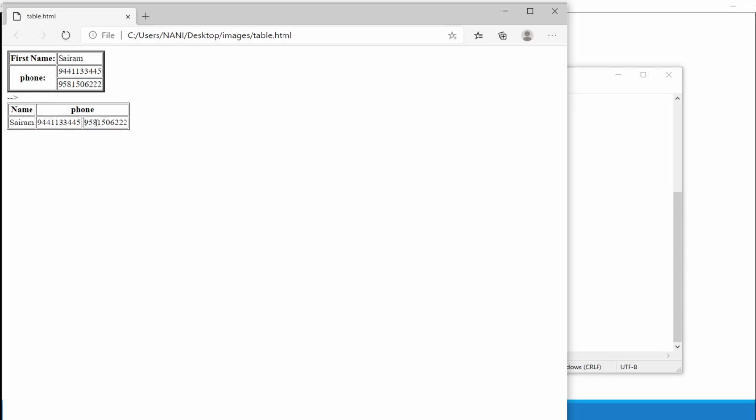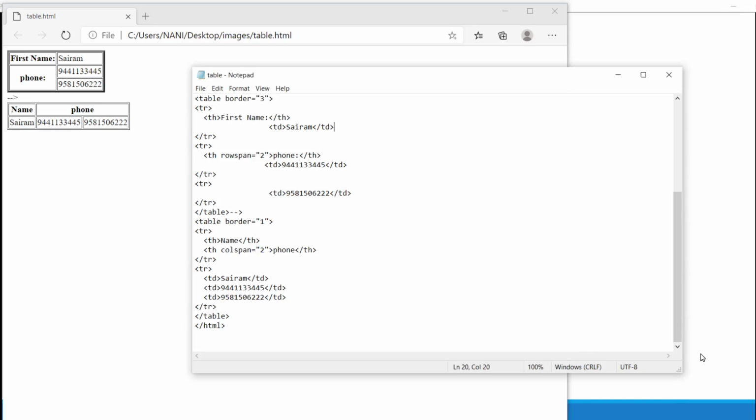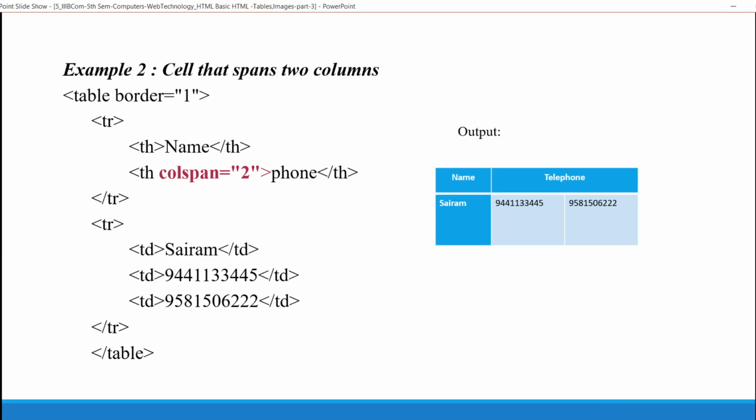This is col span. This is row span. This is about col span. Here I have taken a name, Sairam, with 2 telephone numbers. So the name is Sairam, and with how many telephone numbers? 2 columns. For that I have used the attribute col span equals 2.